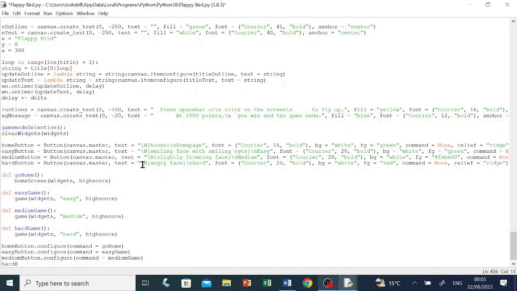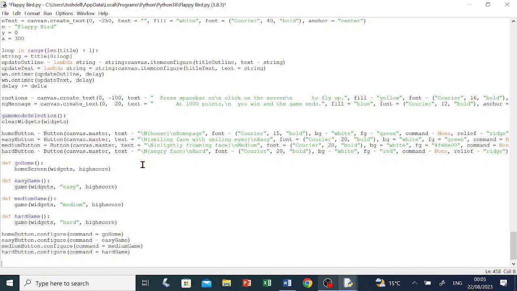Hard capital B button, dot configure, open brackets, command, space equals space, hard capital G game, close brackets, enter, enter. Now that we've created the buttons, we need to place them somewhere on the screen. So let's do that. Home capital B button dot place, open brackets, X space equals space 10, comma space Y